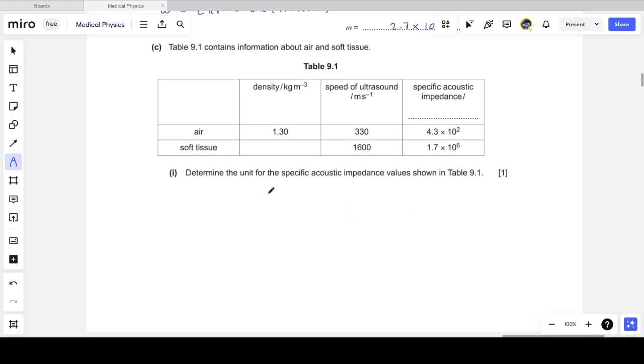So I know that the equation for specific acoustic impedance Z is the density of the medium rho times the speed of sound in the medium C. So if I use square brackets to denote units of measurement, then the units of measurement for Z are the units of measurement for rho multiplied by the units of measurement for C. Now density, we know, is kg per cubic meter, which is the units of measurement for density, multiplied by the units of measurement for speed, which is meter per second. You don't have to do all of these steps, but they generally do help. And so this is